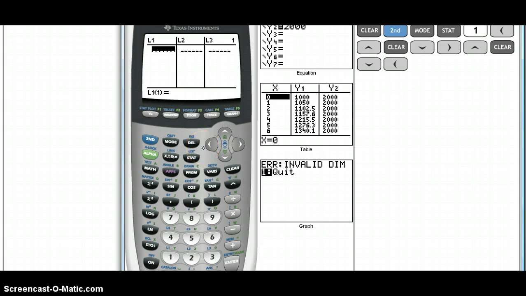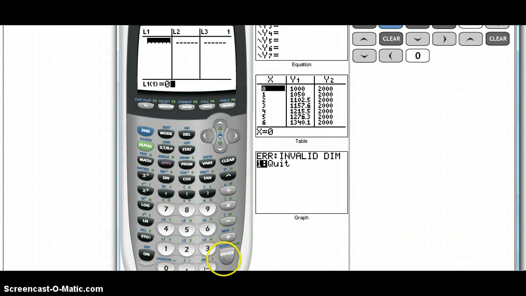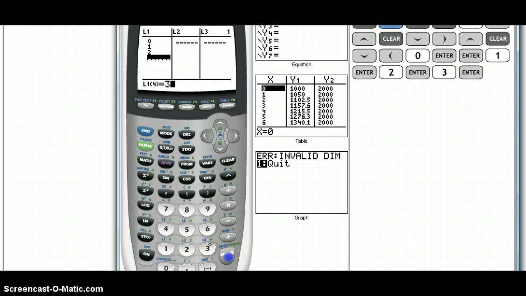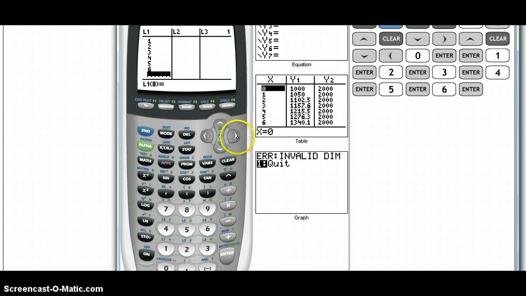All right, so now in L1 we're going to put our times after intake, which were 0, and then 1, 2, 3, 4, 5, 6. And right arrow over to L2. Directly across from 0, these are ordered pairs, so it's important that the ordered pairs stay across from each other. We've got 80, and then